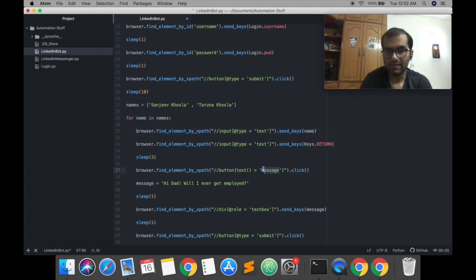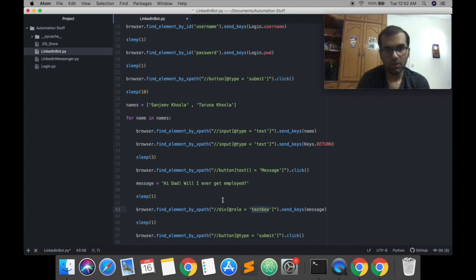So when we press message for the second person, it'll open their message box, but when it goes to the text box it'll find the first text box and start typing there. So you're essentially sending the first message that you sent to the first person. You'll constantly end up sending that same message to one person, who was the first person in your list. How do we change that?